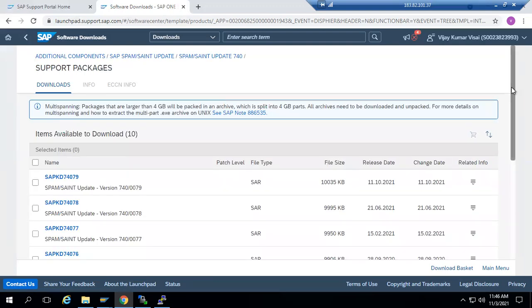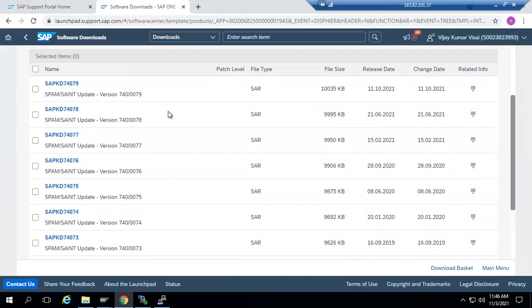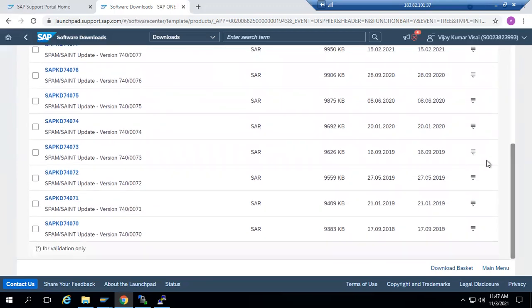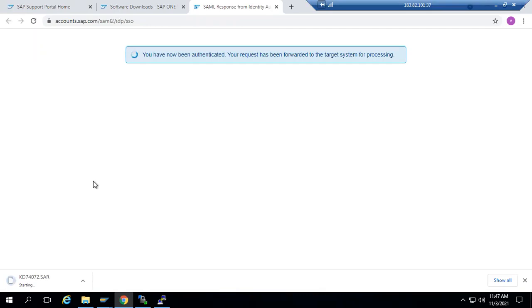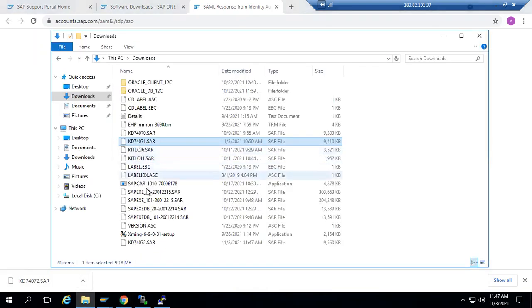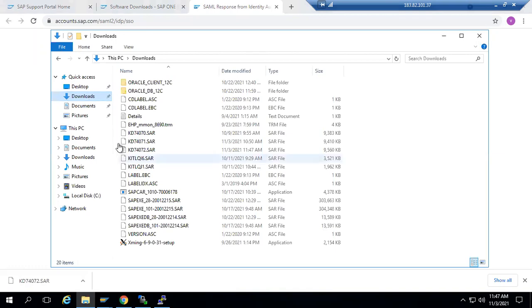My current version is 70. In the marketplace, the latest is 79. I will not directly jump into the highest version. I will go to 72 because my current is 71. Just click on 72, and it will get downloaded to your local desktop. Right? So it is getting downloaded. I think the download is done. Here we go, it is downloaded.